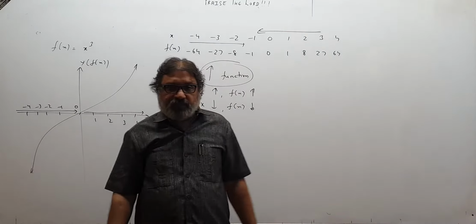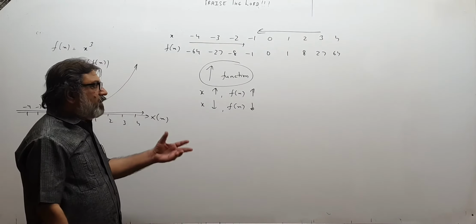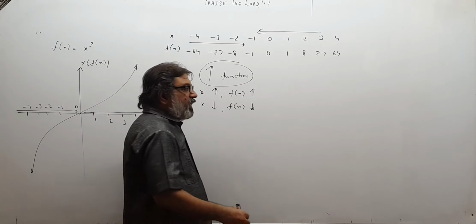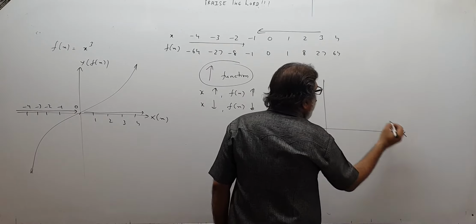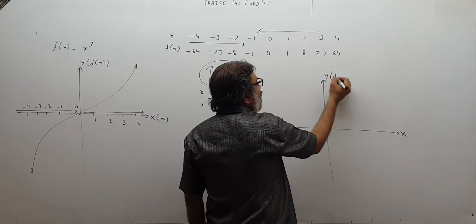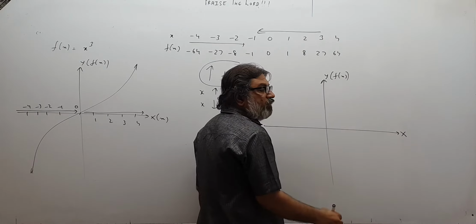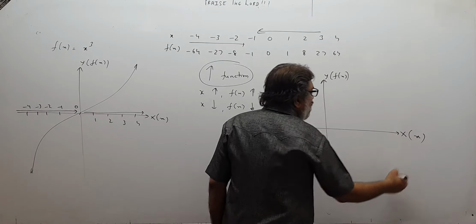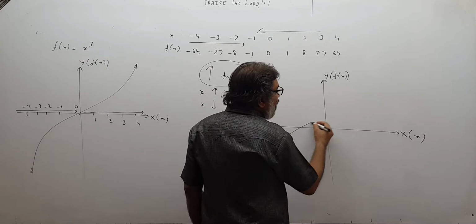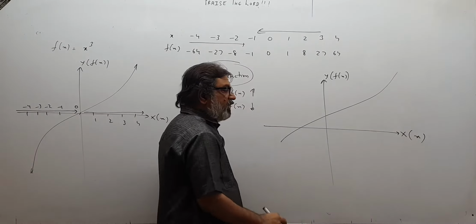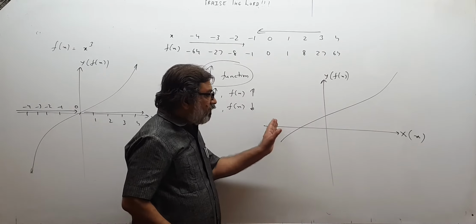Increasing function. And what is the main property of increasing function which will be helpful to us? See, this is the function, x and y. Here f(x). From the y-axis I get the value of the function. From the x-axis I get the value of the variable of the function. Supposing my graph is like this, an increasing function. See, it is rising up as I go from left to right.